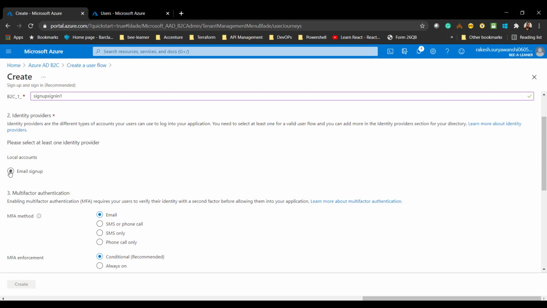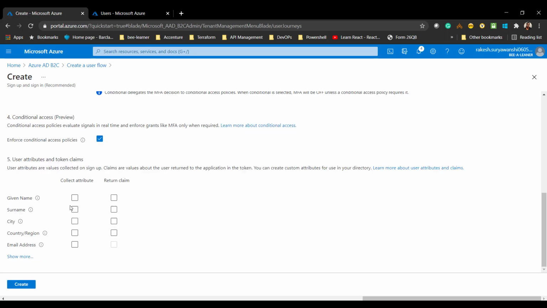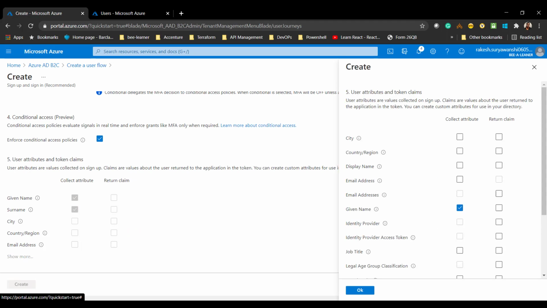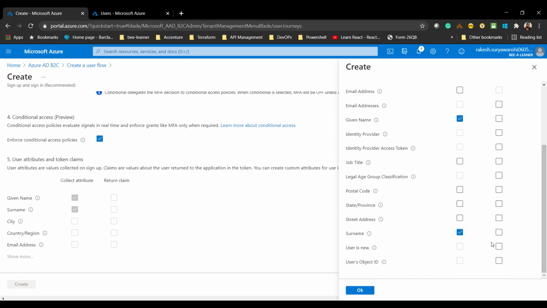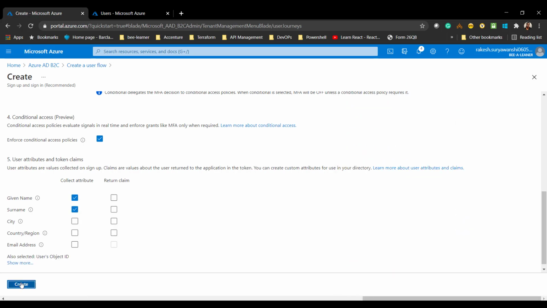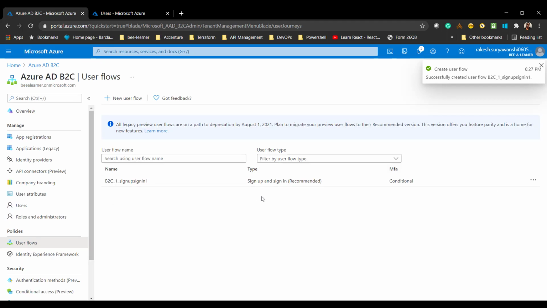Choose the option to sign up with local account, keep it as is. You need to select given name, surname, and if you expand more, you need to select the user ID or the object ID. This is the property you need to select. Click OK. Create. This should create a sign up flow.